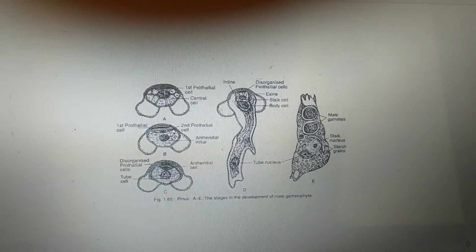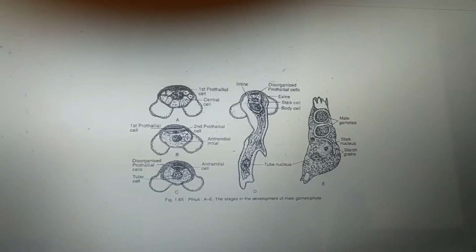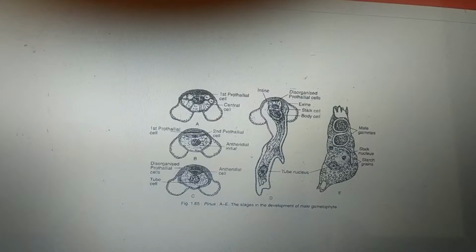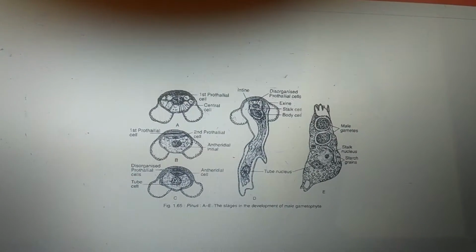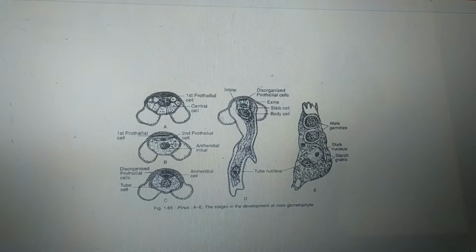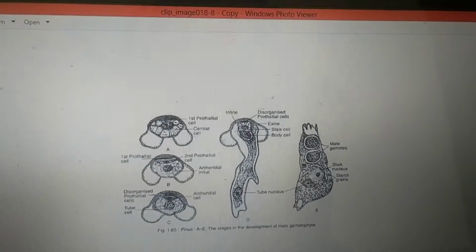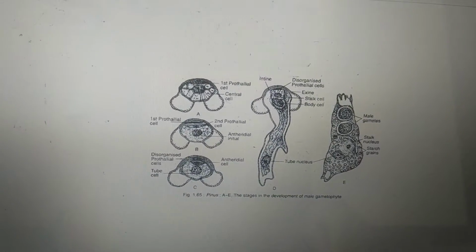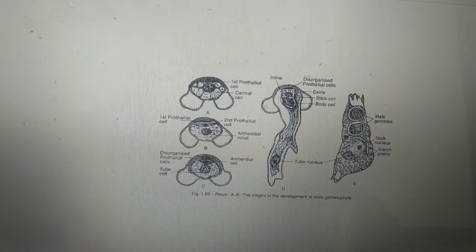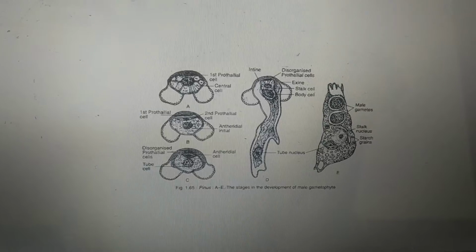Here we will be discussing the gametophyte of Pinus. A spore is the first phase of the gametophytic generation, as we all know. Microspore or the pollen grain represents the male gametophyte, while the megaspore represents the first stage of the female gametophyte. Here we will be discussing first the development of the male gametophyte, which takes place in two stages, that is